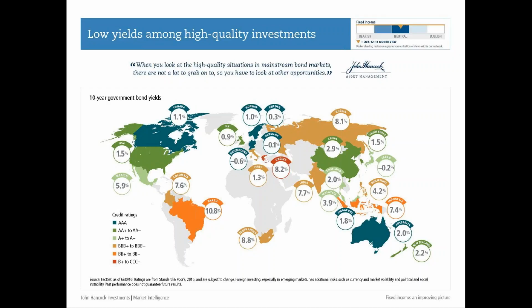If you look at this, Switzerland, Germany, and Japan on the right have negative yields, and that's really bringing down global bond yields. The U.S. has a 1.5% yield, which might not sound great, but as a U.S. citizen here and one that invests in bonds as well, I'll take it, given that there are other places that are negative.